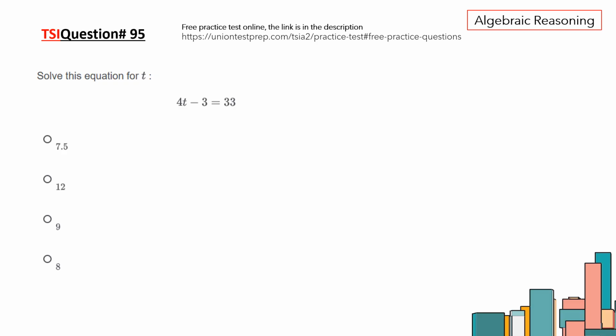Solve these equations for t. 4t minus 3 equals 33. So this is a solving one unknown question, and usually you will solve maybe at least